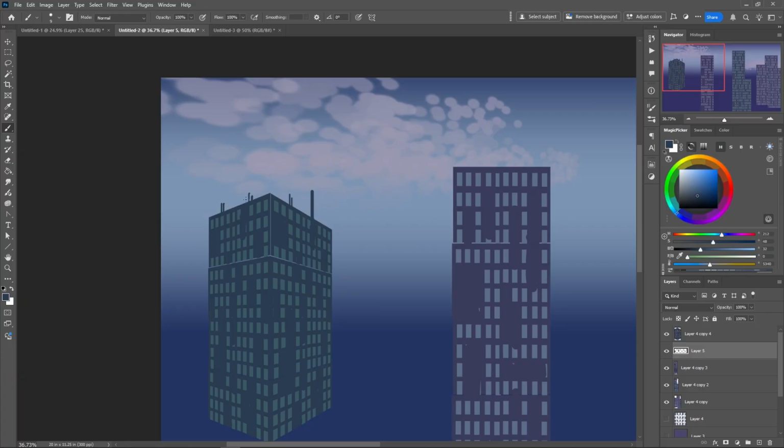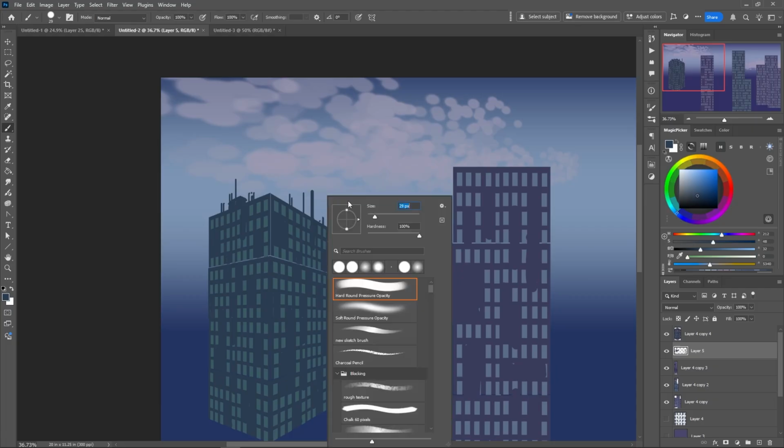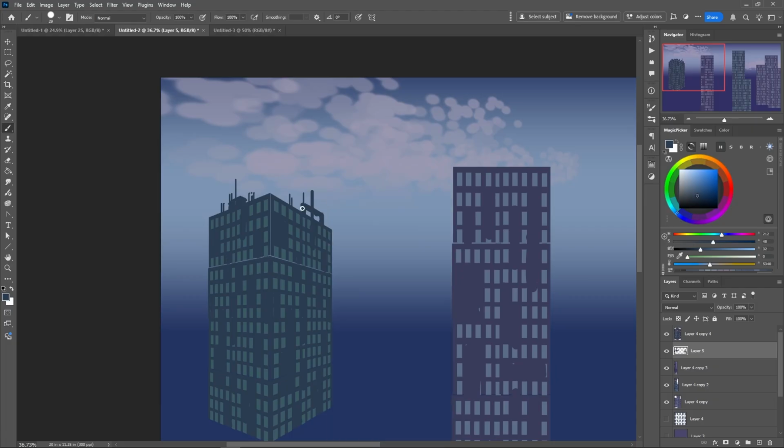And this is just basically adding in kind of line work and things like that. I can add in small building blocks on there, just make sure that it follows that perspective. And I'm just gonna add some more antennas on top of that, like this, like that. We can add in some more